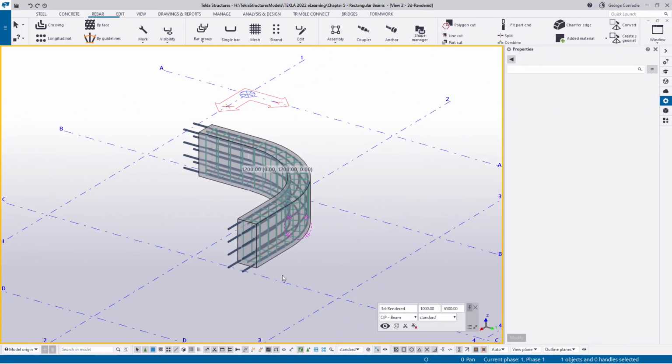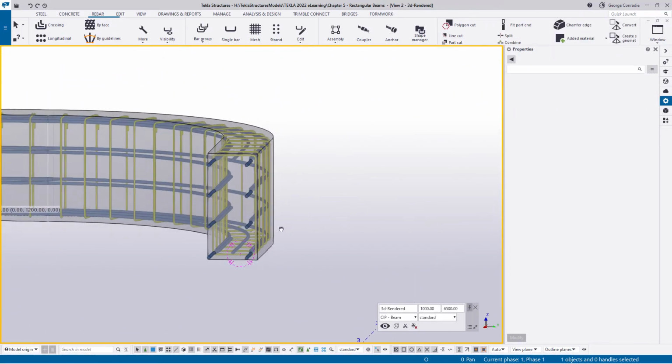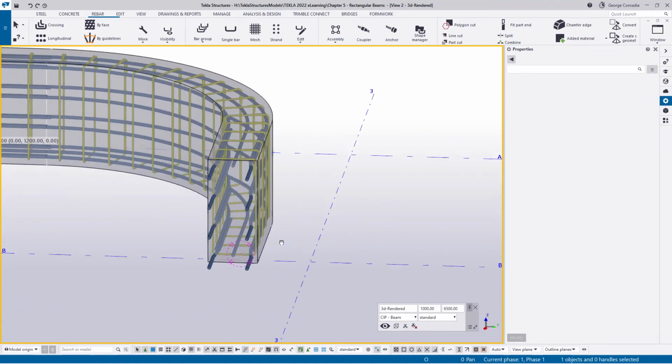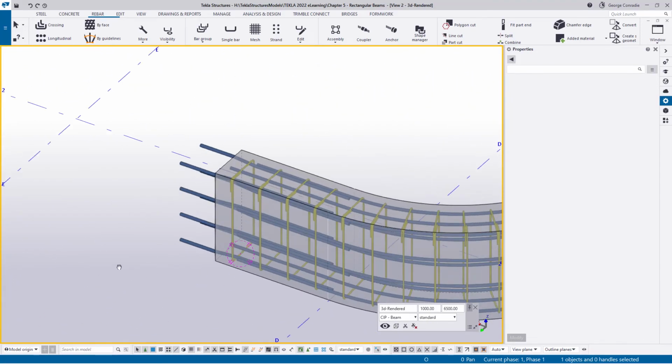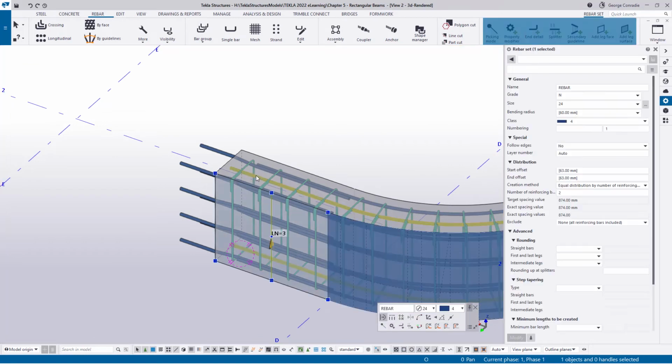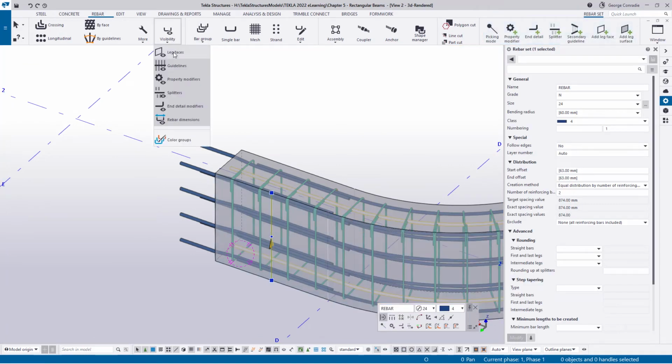And if we turn the beam around, we can see we now ended up with a curved bar running down the center of the beam perfectly. And now the same rules apply. If I click on this, I'll switch off the leg visibility. If I click on that,